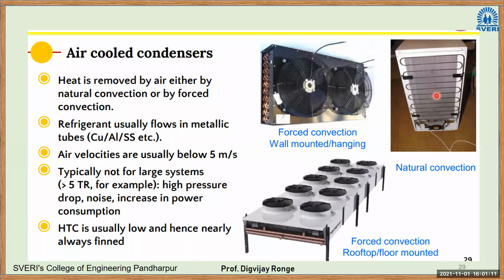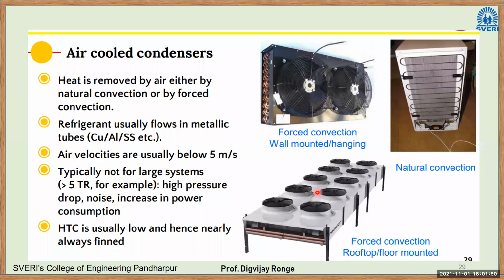So this you will find in a fridge, right? Small fridge or medium sized fridge. There you can observe this kind of assembly. Simply there is this coil, and there are some vertical rods for maximum heat transfer, and there will be no fan, right? Whatever heat transfer, the air will carry the heat by natural convection. There will be no force, no air will be passed onto the tube. So naturally air will carry the heat, and that cycle will repeat.